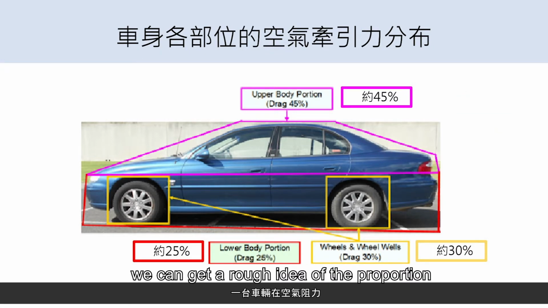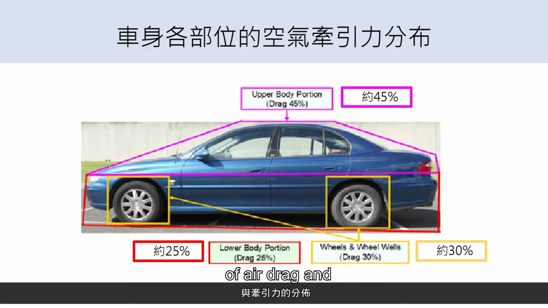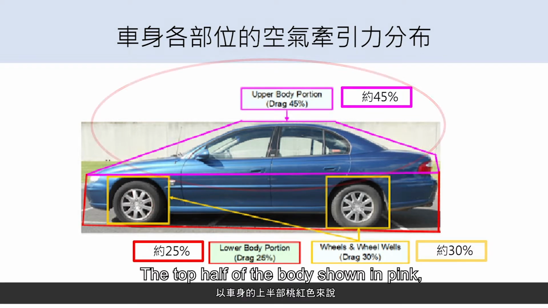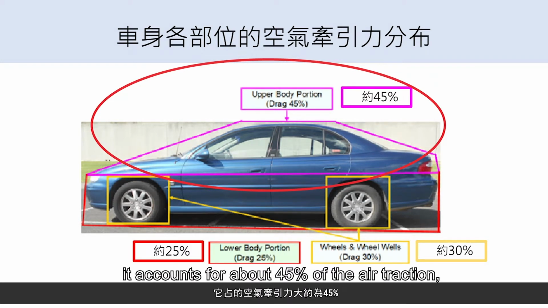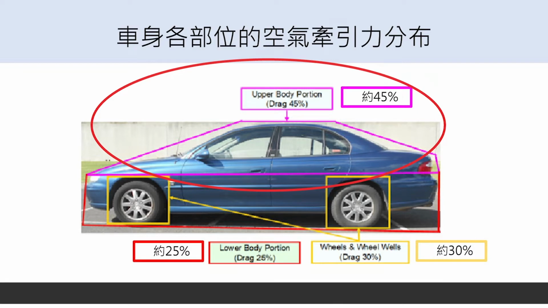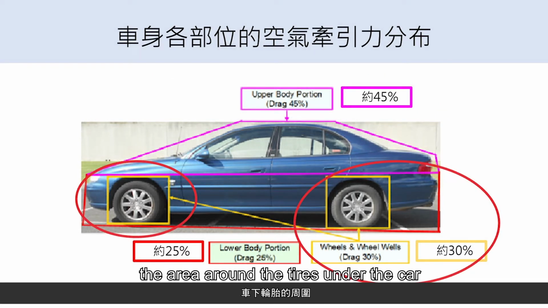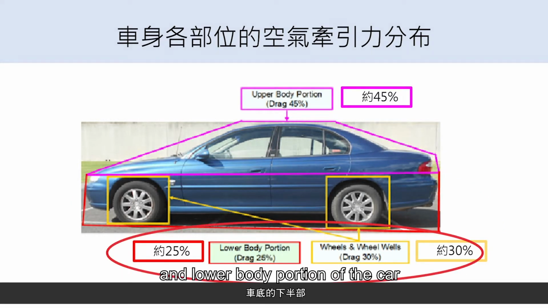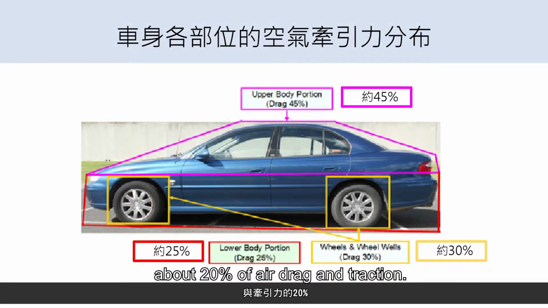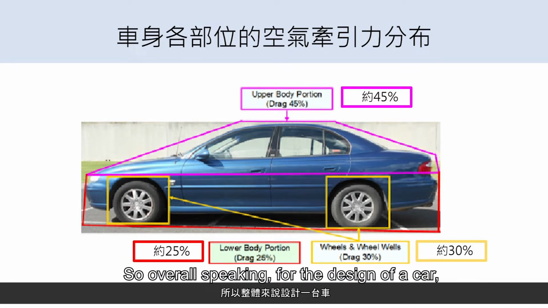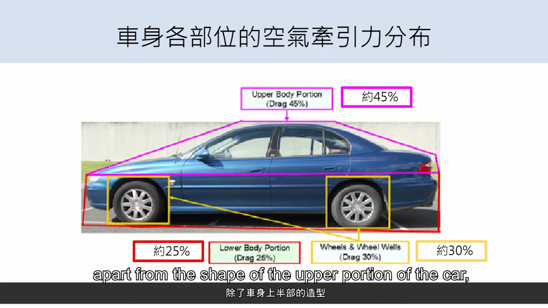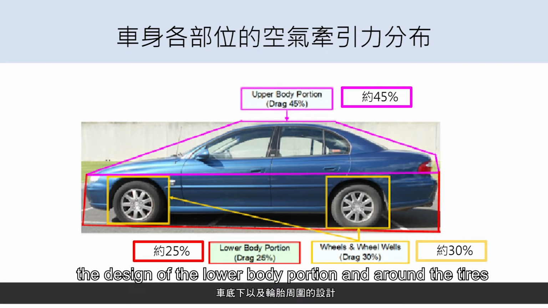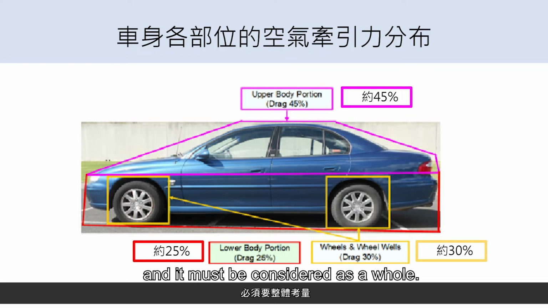In the following picture, we can get a rough idea of the proportion of air drag and traction in a vehicle. The top half of the body, shown in pink, accounts for about 45% of the air traction. The area around the tires under the car roughly accounts for about 30% of the air traction, and the lower body portion of the car roughly accounts for about 20% of air drag and traction. So overall speaking, for the design of a car, apart from the shape of the upper portion of the car, the design of the lower body portion and around the tires is also very important, and it must be considered